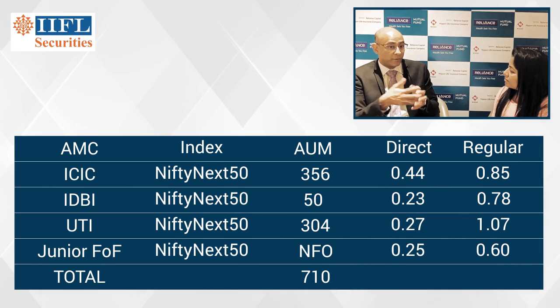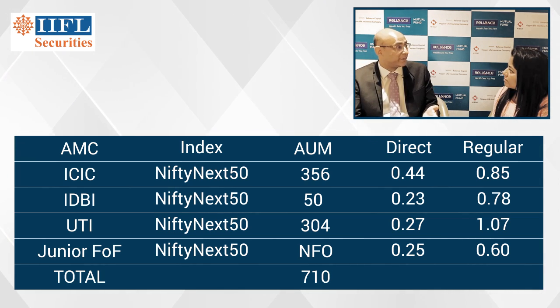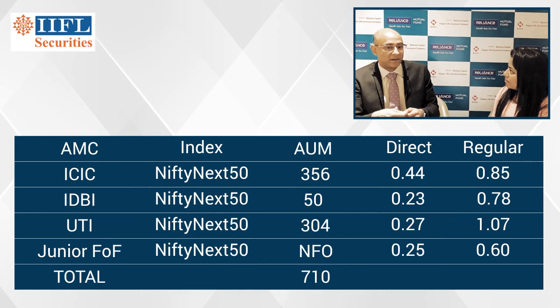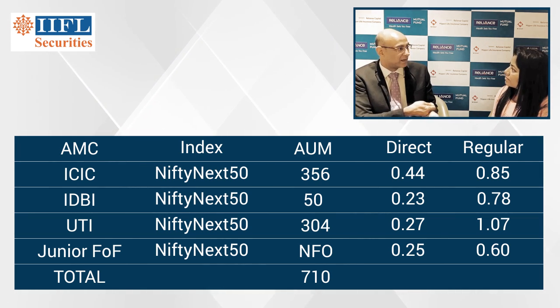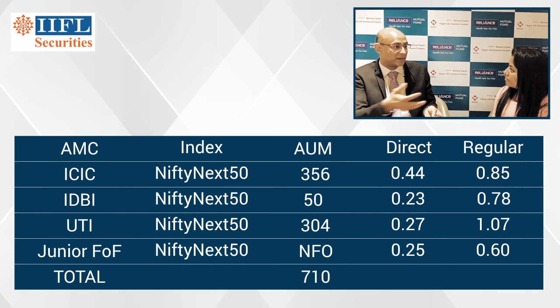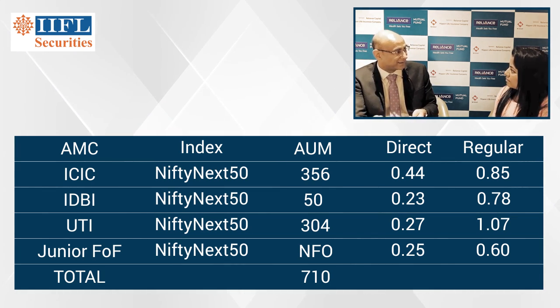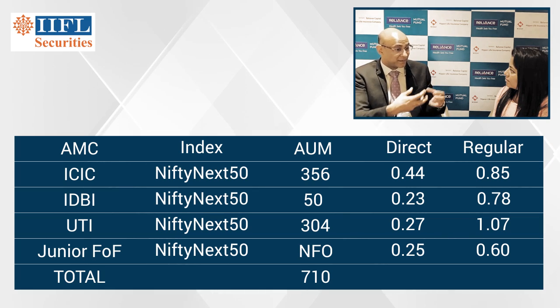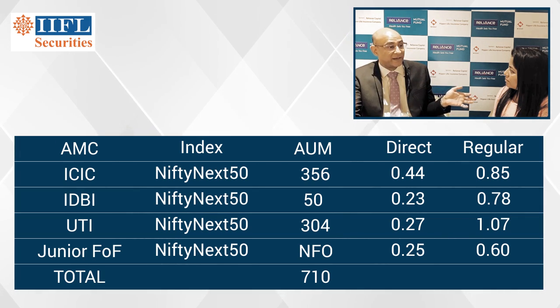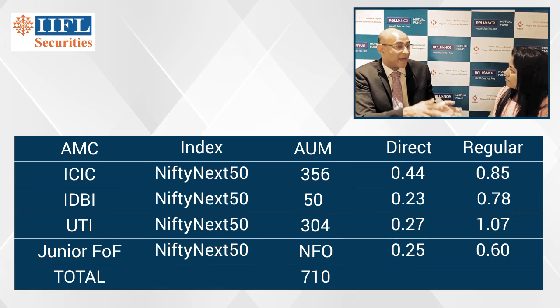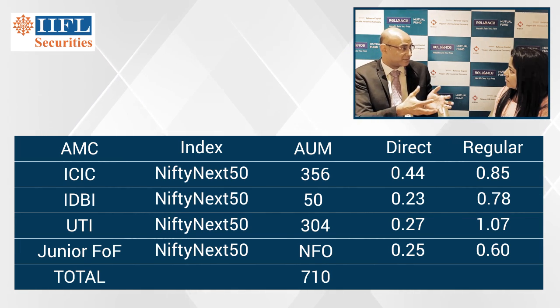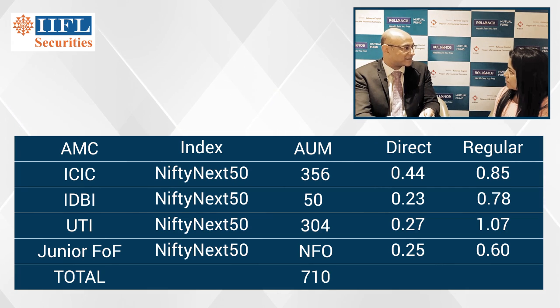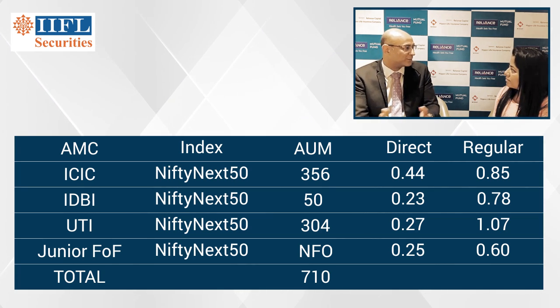Correct. Over a long period of time, if you're not able to beat the index, then why should you pay so much of an expense ratio? You might as well invest in an index fund, which is charging probably 0.4 or 0.5%, nearly 2% less than a normal active fund. Therefore it's cheaper, and over a period of 10 years, you're only paying, say, 4% as compared to 22.5% in a normal active fund. Because of this, more of your money is getting invested in the market, and therefore your money is working harder for you. Correct. Yeah.